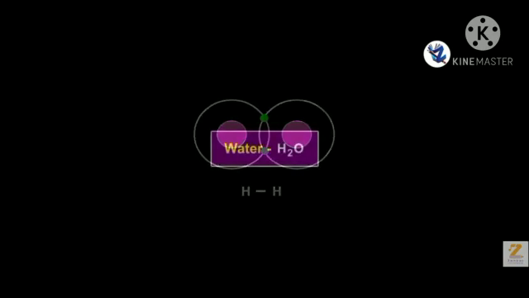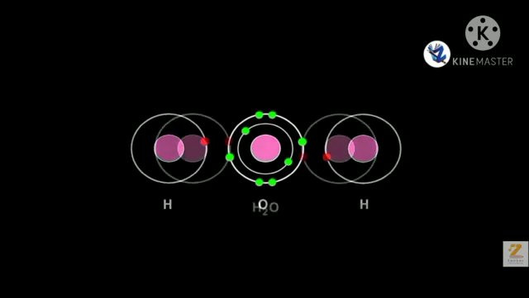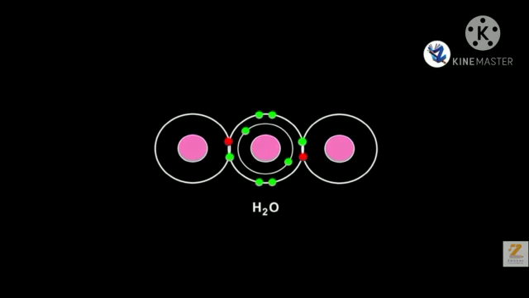Now let's see how a water molecule, a covalent compound, is formed from hydrogen and oxygen atoms. There are 6 electrons in the valence shell of an oxygen atom. It means that the electron octet in oxygen is short of 2 electrons and the valency of oxygen is 2. In the water molecule, the oxygen atom completes its octet by forming 2 covalent bonds, one each with the 2 hydrogen atoms. While this happens, the duplets of the 2 hydrogen atoms also are completed. Thus, formation of covalent bonds in the water molecule takes place.